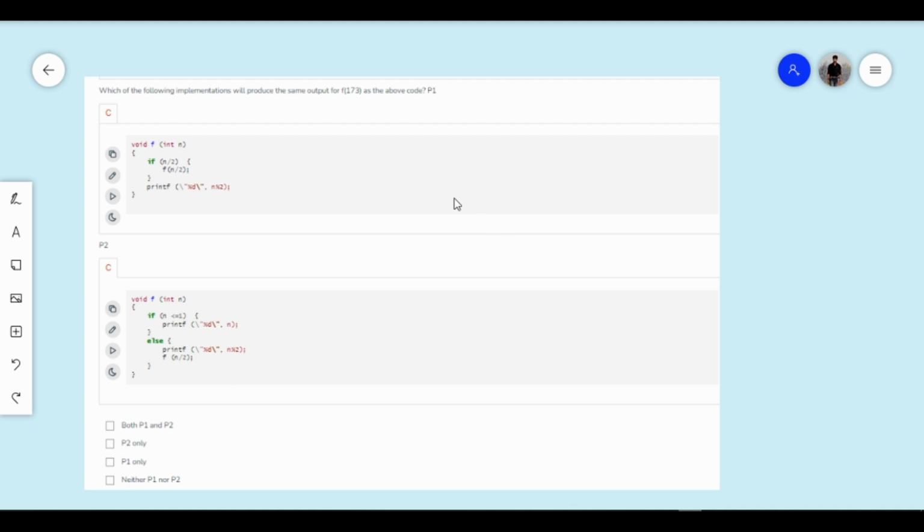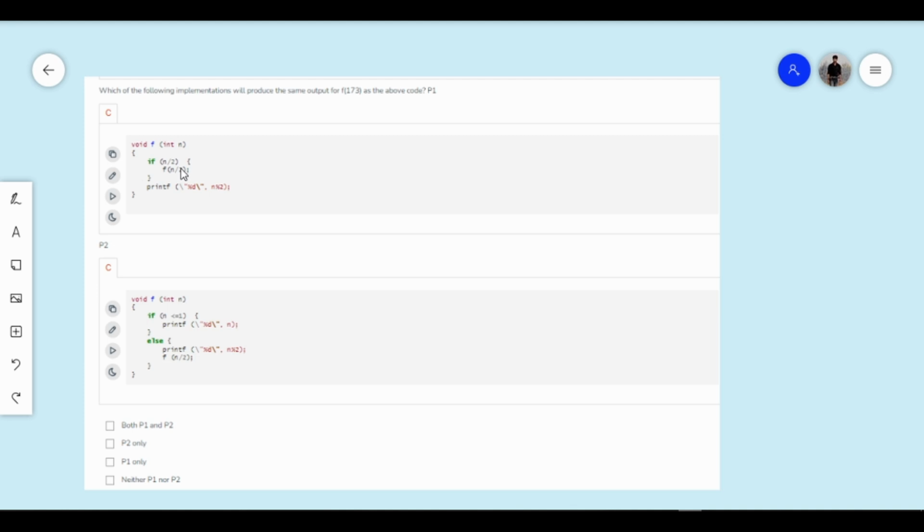So if we see the first code, first of all, we are doing n by 2 and the condition is checked. If n by 2 is nonzero, we make a call for f of n by 2. If it results in 0, like here 1 by 2 will become 0.5, because n is an integer, this will be 0. So this if condition will be false.